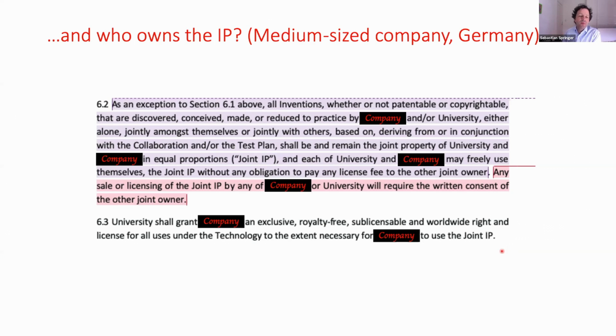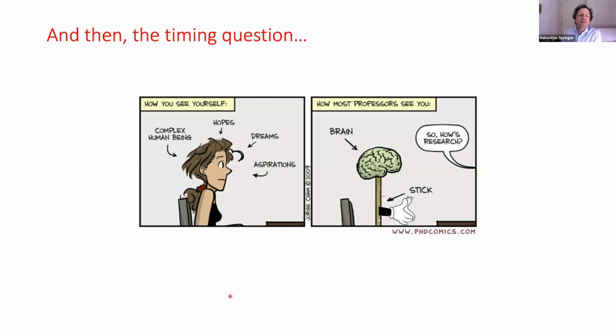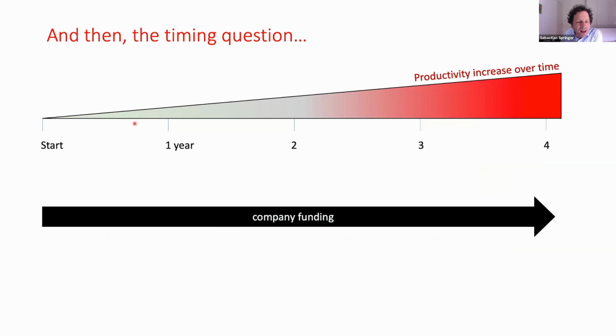Then the next one is about the PhD students. I have a slide here about PhD students who are really complex human beings with hopes, dreams, and aspirations. We most frequently reduce them just to brains and a pair of hands. But joke aside, perhaps, an interesting question with a collaboration with industry that involves PhD students is the following. The PhD students, over the years, become more and more productive. In the beginning, they just have to learn so much. There's so much that they have to do, they have to learn, they have to come up with, and this makes sense. There's nothing wrong with this. This is perfectly fine. But they're really only productive towards the end of their time